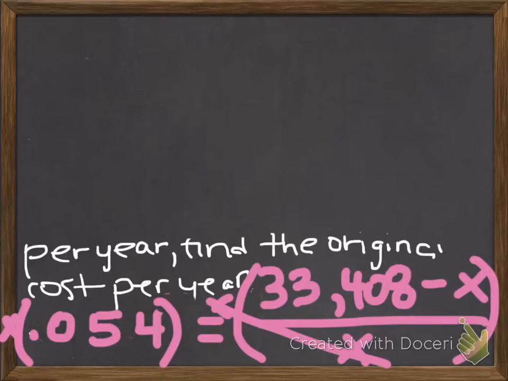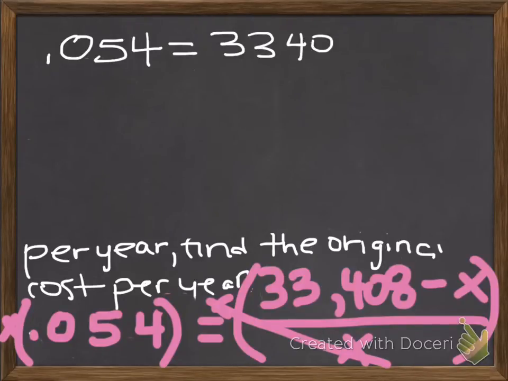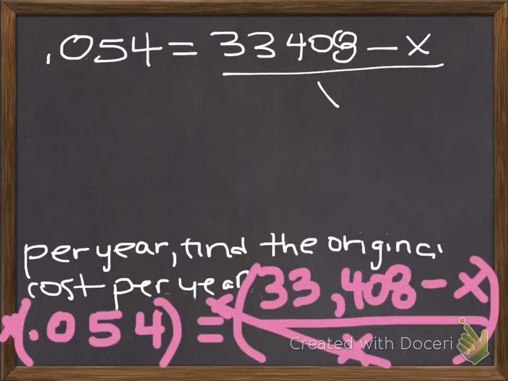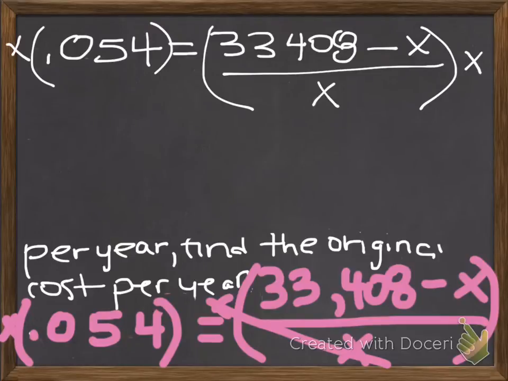We have 0.054 equals 33,408 minus x over x. And I just multiplied by x on both sides because I need to cancel out my denominator because my goal is to get just one x on one side by itself. So now I have